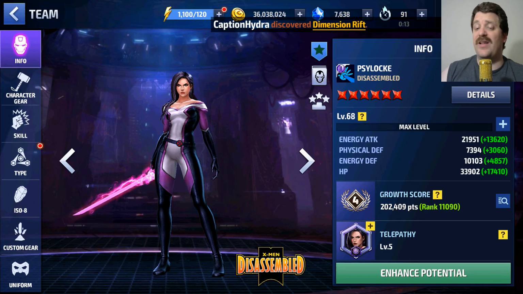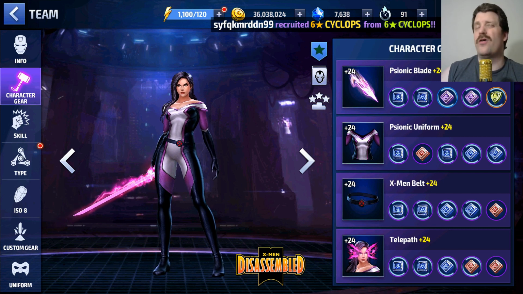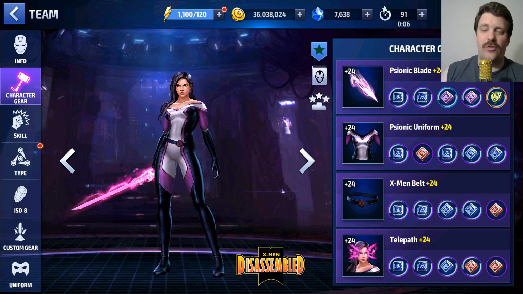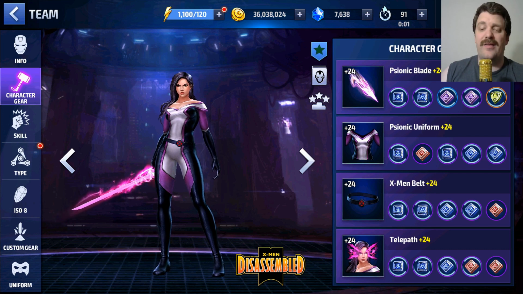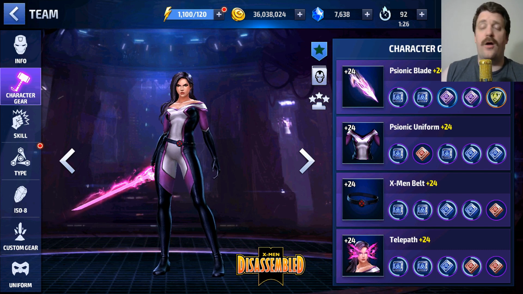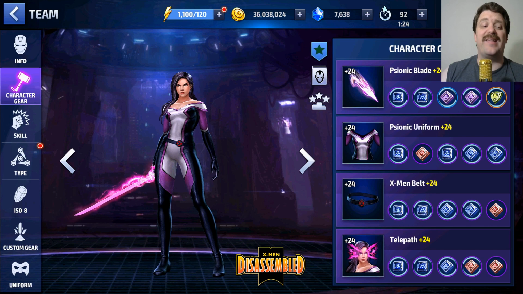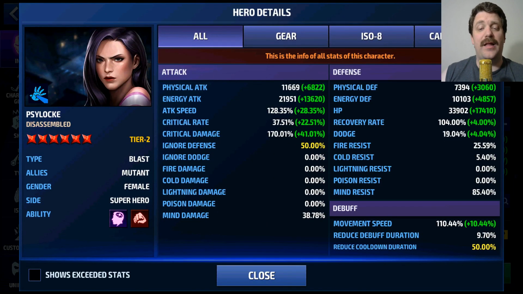My character is actually level 68. We got the gear at a level 24. Still a little bit of work to tune on this character. Mostly fully awakened here. Only 3 slots that are not amplified. And a good mix of them to actually min-max our stats as much as possible. If we look at those stats here, we have max skill cooldown, maxing our defense, 170% critical damage, 37% critical rate, attack speed 128%, energy attack